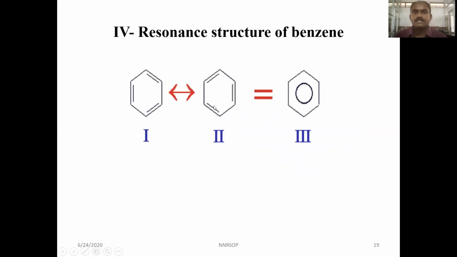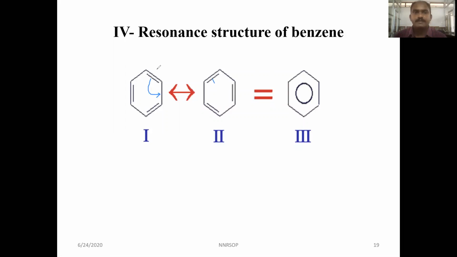So these are the resonance hybrid structures of benzene. The benzene structure is the combination of these two structures. These two structures are in equilibrium. The movement of electrons will take place like this. So in this benzene structure, the pi bond shifts here. When it shifts here, this carbon gets a positive charge and this carbon gets